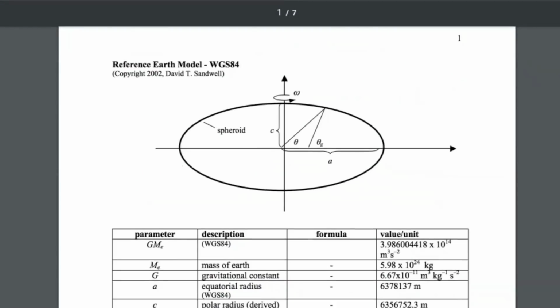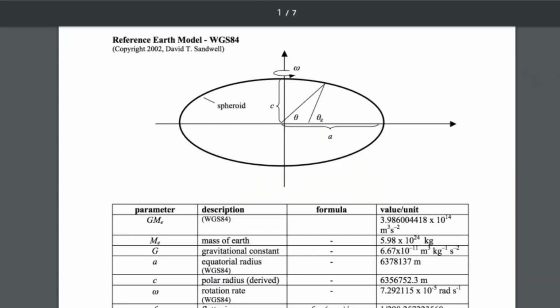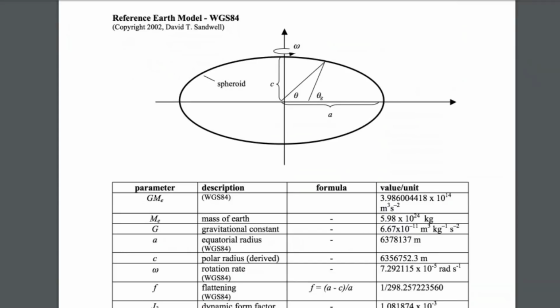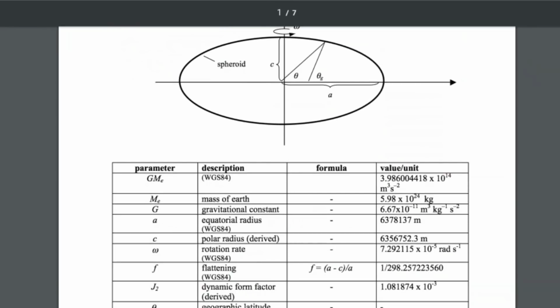This is the reference Earth model, WGS 84. And here is the spheroid, ellipsoid that's being referenced in those equations. And let's see, it's not too hard to figure out. We got a C value and an A value, referencing this ellipsoid, spheroid. So the formula we looked at earlier for the flattening factor, which again is repeated, is the same number, around 300, 1 over 300. It says here to take